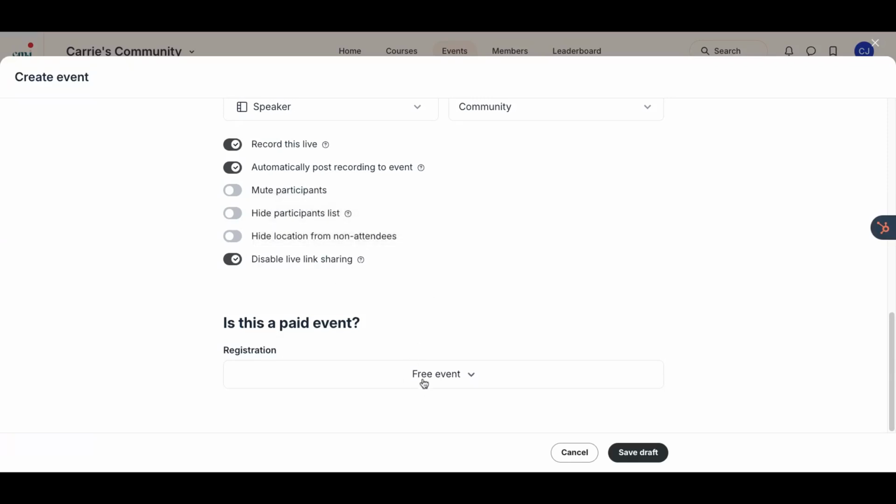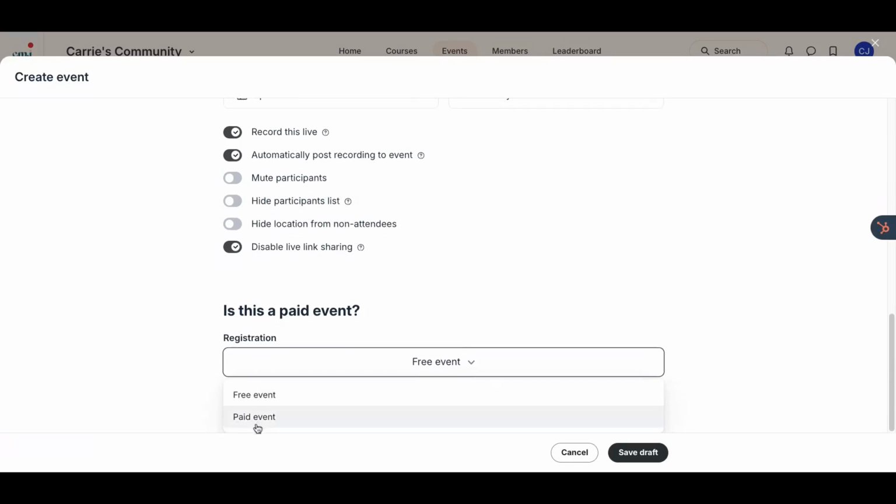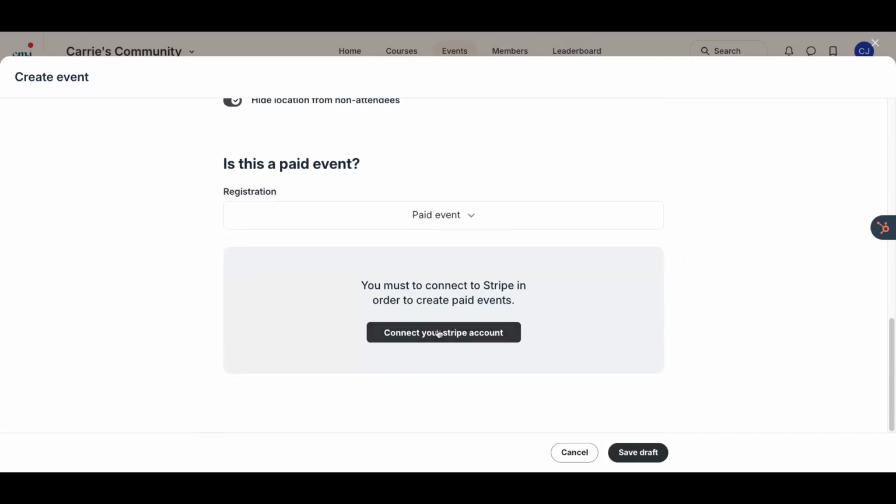Another really cool thing about Circle's events is you can decide to make a paid event. So you can actually make revenue from your events, even from non-members of the overall community. I should say non-subscribers to the overall community who just want to attend one-off events. They can attend a paid event. You have to connect your Stripe account to do this, but you can start to charge for events this way. And then you can share that landing page. People can sign up for your events that way.